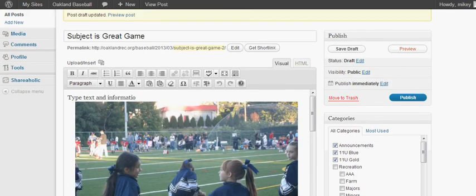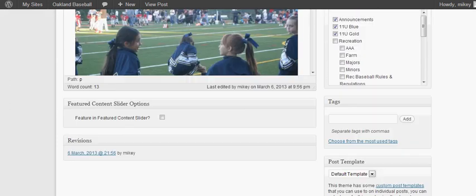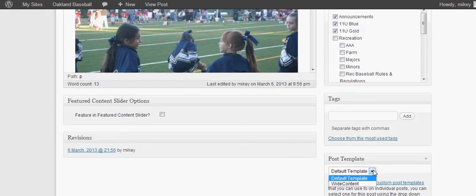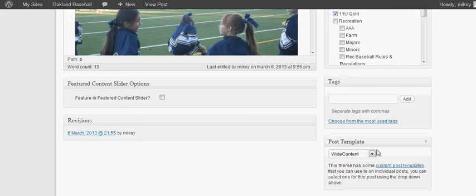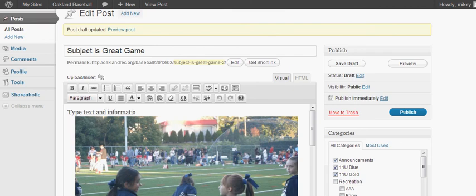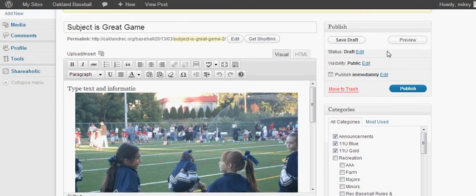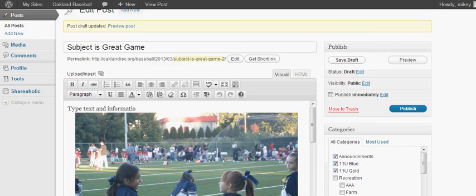There's one thing here. Some people, if they're embedding something big, like sometimes Excel sheets going in, where you need the entire width of the page without the sidebar, you can choose wide content, and that takes the sidebar out of the picture. So if you're putting in a big Excel sheet or something, it gives you a little bit more space to work with. So I think that is good there, and we're just going to save this again